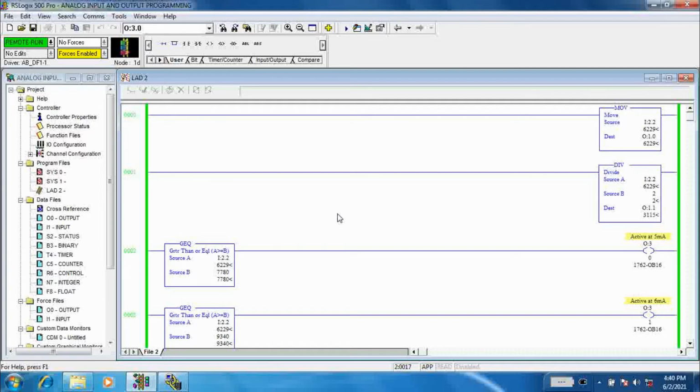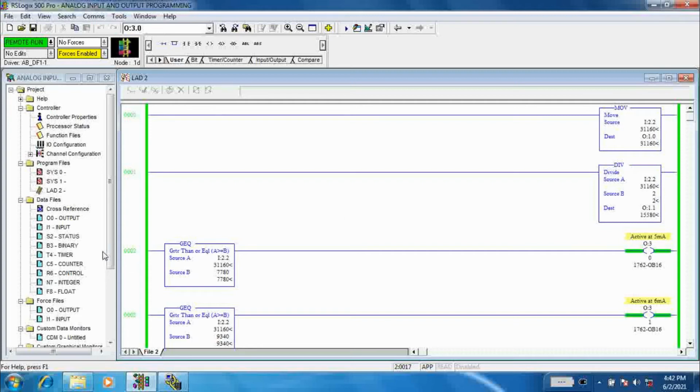Now see the accumulated value in the move instruction. After every milliampere raise in the input, the value changes. The maximum value at 20 milliampere input is around 31,000.